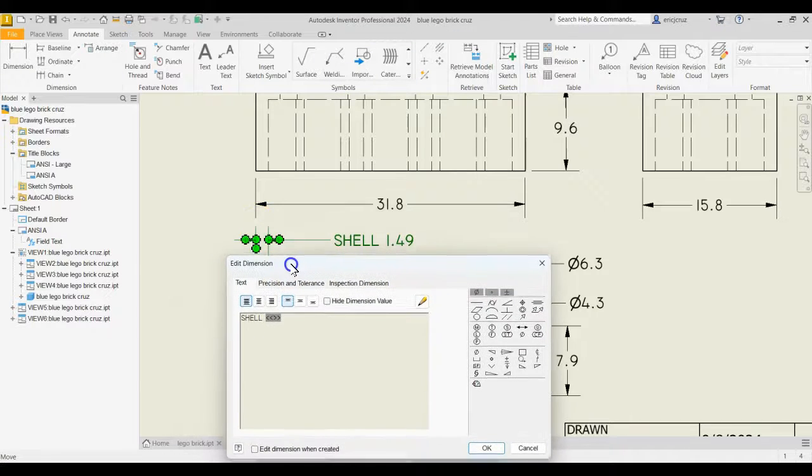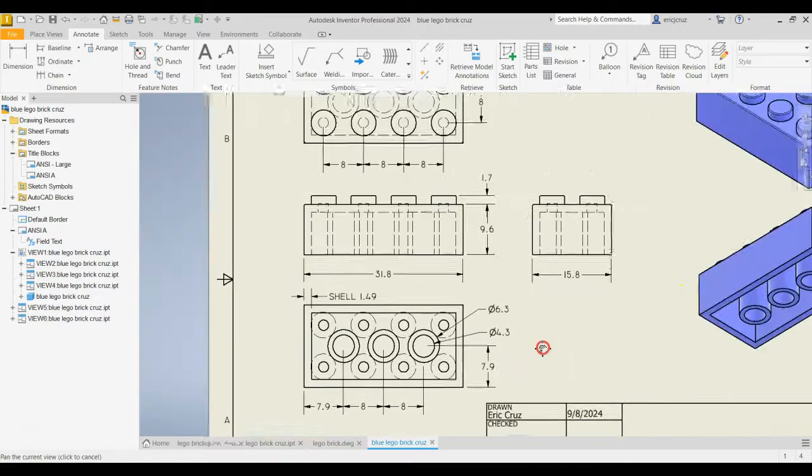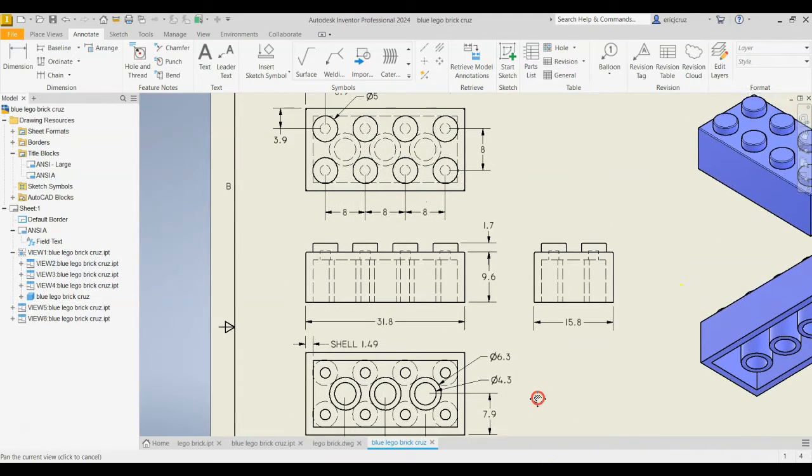If I move this out of the way, you'll see it there. Yep. Click OK. And I'm going to move that. There we go. Shell, automatically we know the whole thing's shelled at 1.49. So that's good to know. And having these 2 dimensions here, we know that those tubes have those specific dimensions. And then,